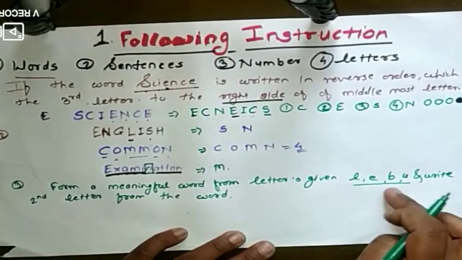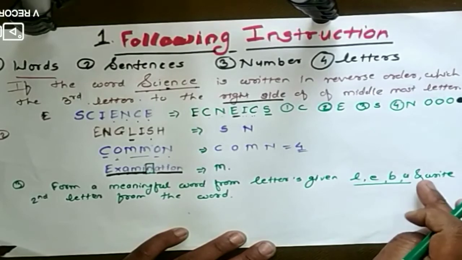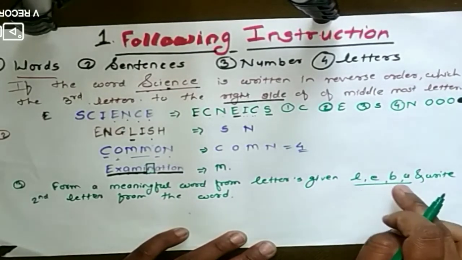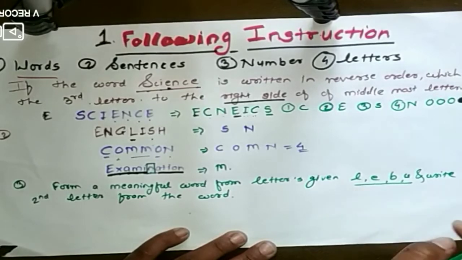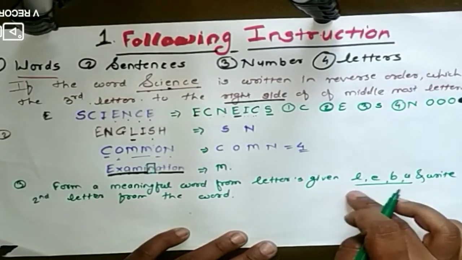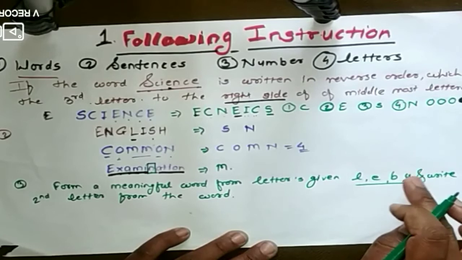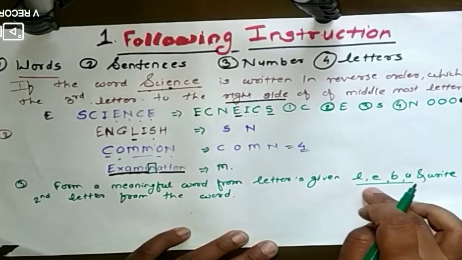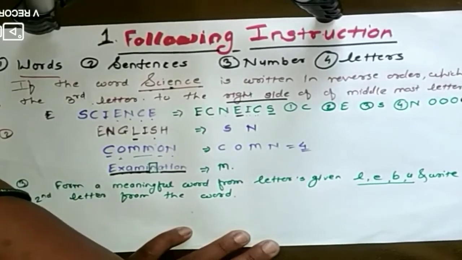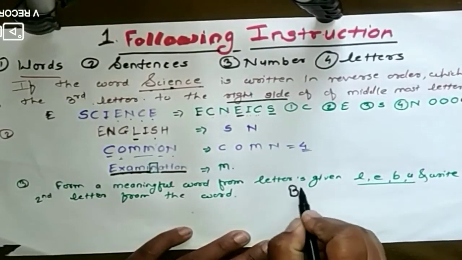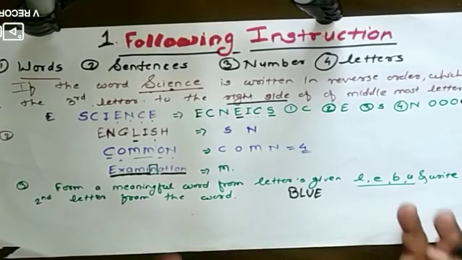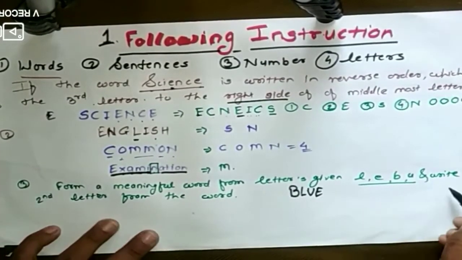So first of all, we have to write a word, so you just try LEUB. No, this type of word is not there. EUBL, this type also is not a word. Third, take BULE, no. But here we get the idea which word it will be. So BLUE, this word is BLUE.